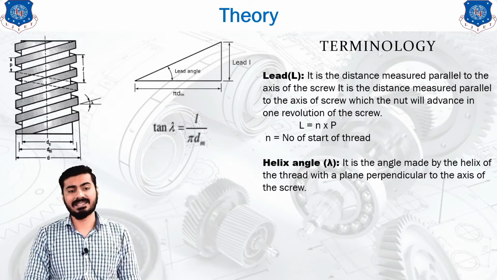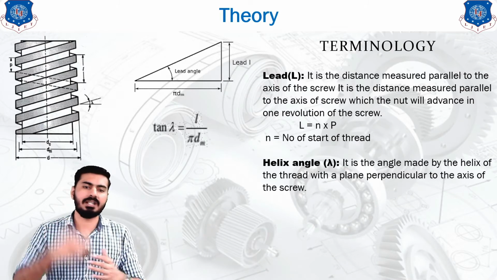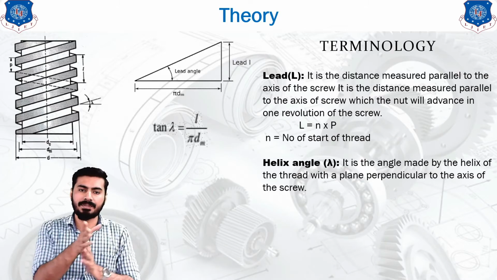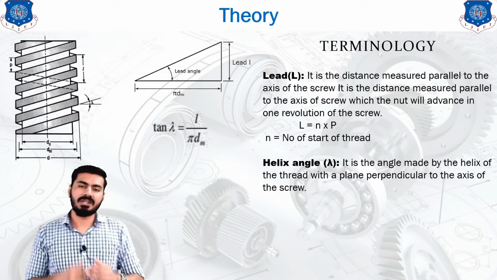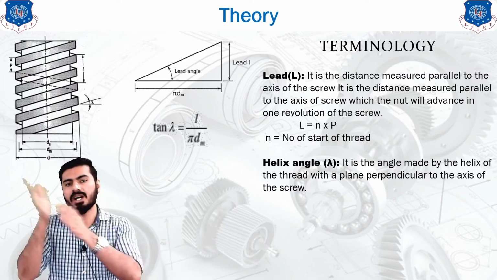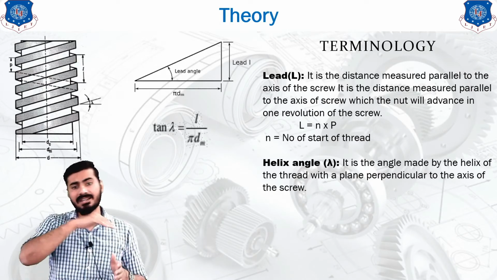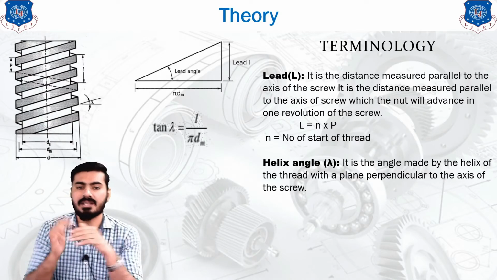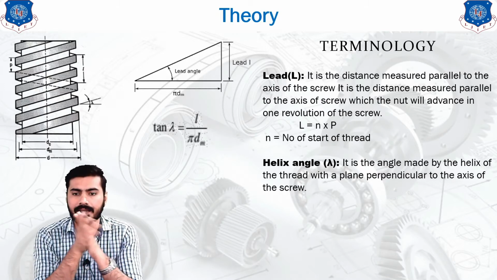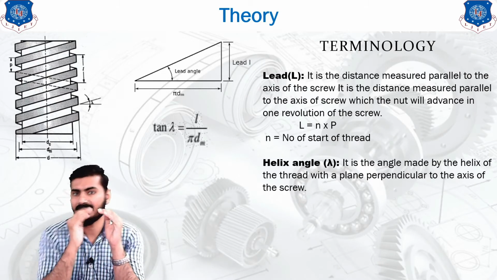Now this helix angle is already represented on this diagram, but we need to explain it a little bit more in terms of the mathematical form. That's why we have represented one triangle, which is created just by unwinding the thread from the circular form to the straight line. If you unwind the threads, then you will get this line, and by considering the angle between those lines with the reference horizontal line, then perpendicular axis, then you will get this angle, or a lead angle